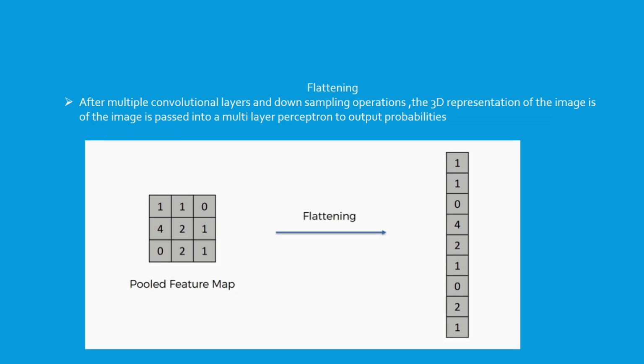So now after this, we have what you call the flattening, right? After multiple convolutional layers and downsampling operations, the 3D representation of the image is processed and passed into a multilayer perceptron to output probabilities. So we have this pooled feature, right? We then flatten this into a one-dimensional array. As you can see, this is a 3 by 3 array, but this is a 1 by 6, right? This one, we have flattened